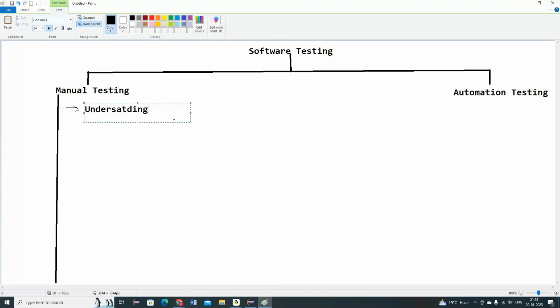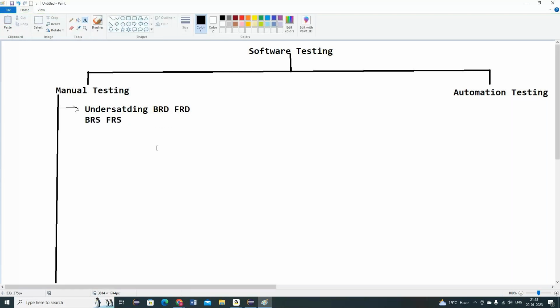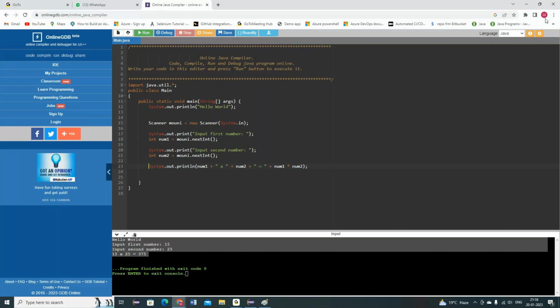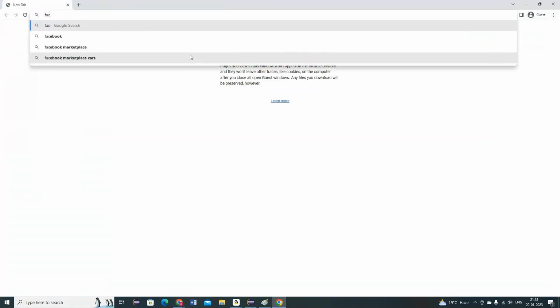understanding BRD, FRD, BRS, FRS. What is this BRD? Business requirement document. So how does it look? Let me explain how it looks. Basically, a business requirement document. Let's suppose you are having a